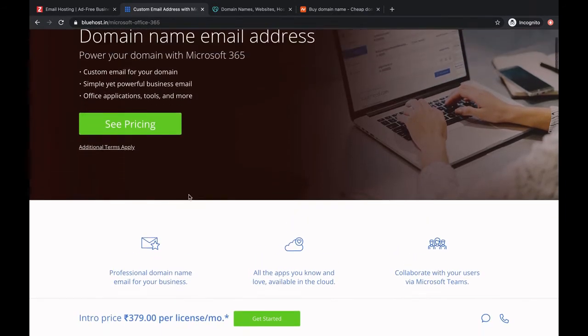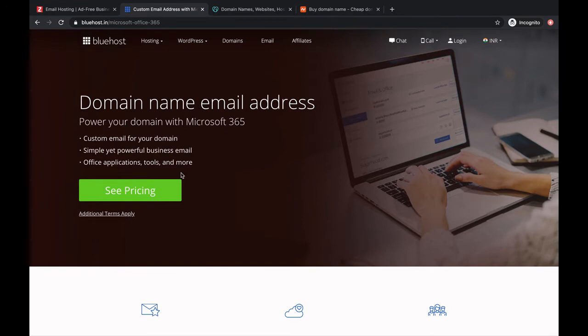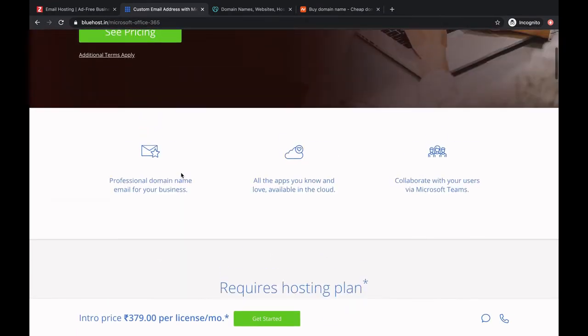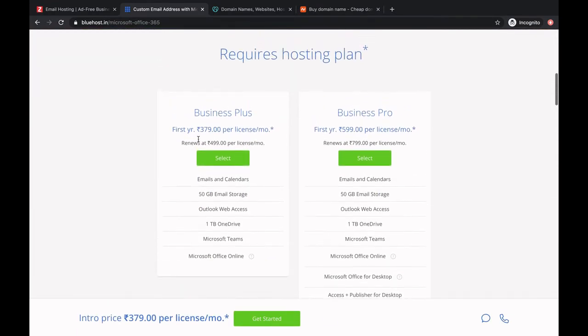You can see here for their domain name email address the pricing is almost 499 rupees per license per month. So if you have 5 people in your team, it comes out to be more than 2100 rupees for the license.